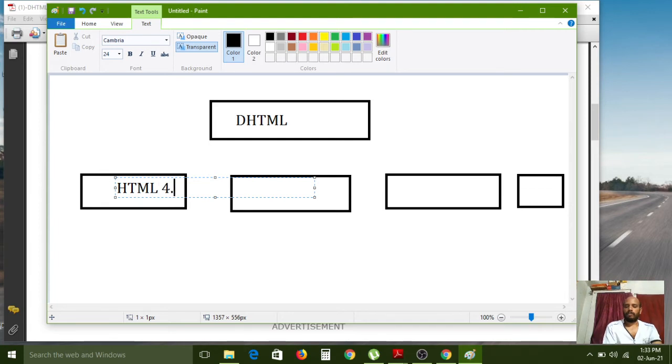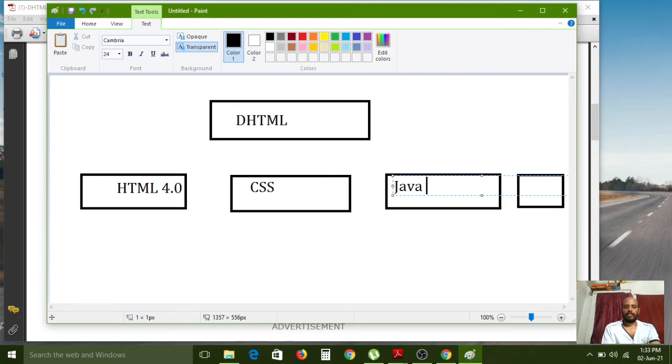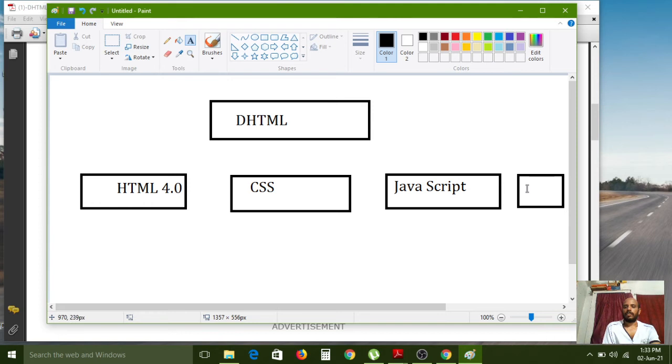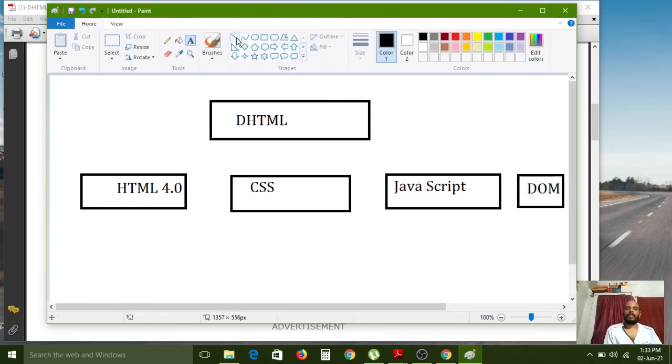HTML 4.0, CSS, JavaScript, DOM. So DHTML is a combination of all these technologies.